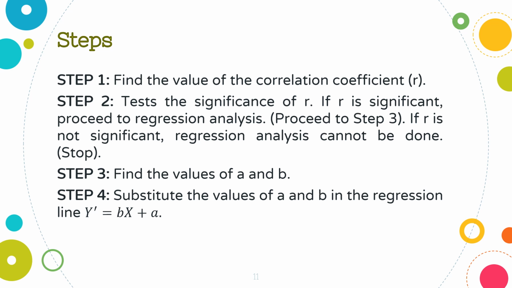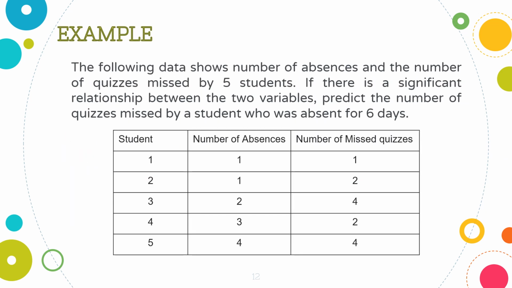Let's have an example. The following data shows the number of absences and the number of quizzes missed by 5 students. If there is a significant relationship between the two variables, predict the number of quizzes missed by a student who was absent for 6 days. So ito daw yung